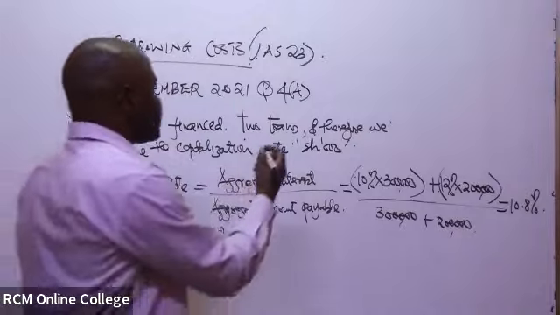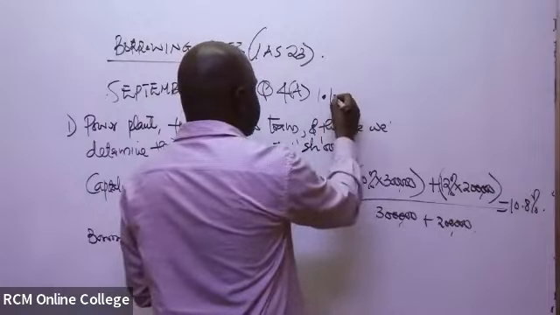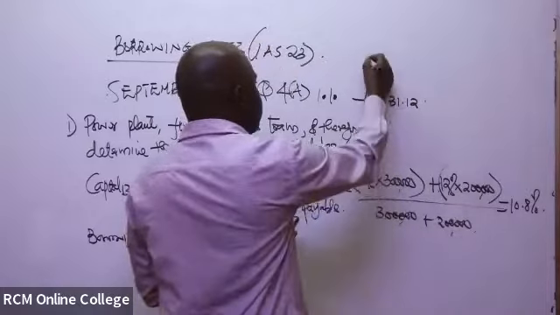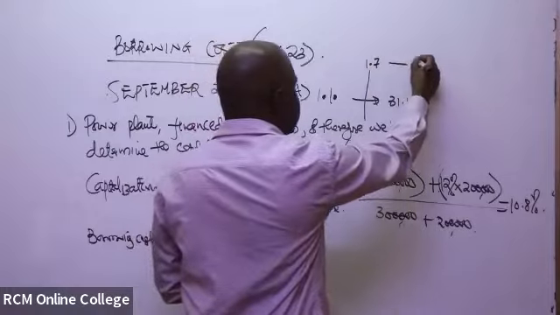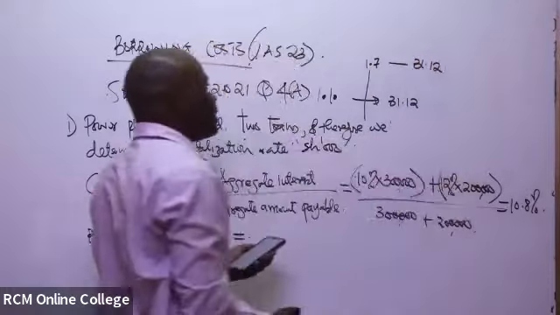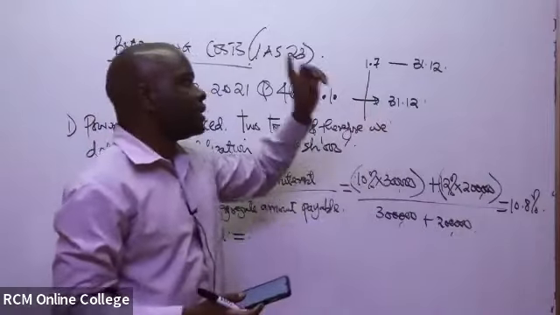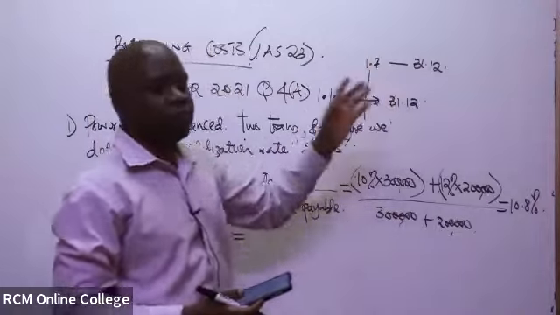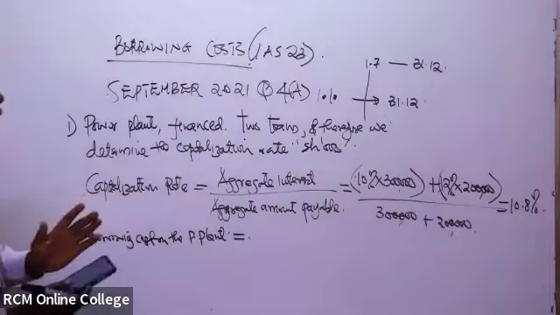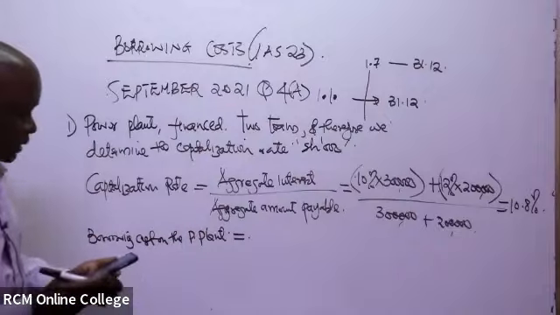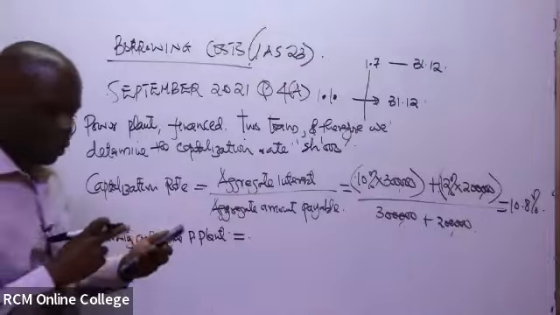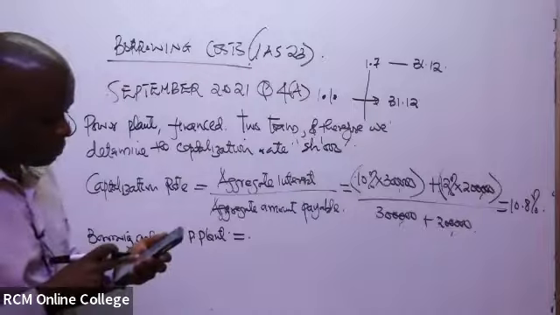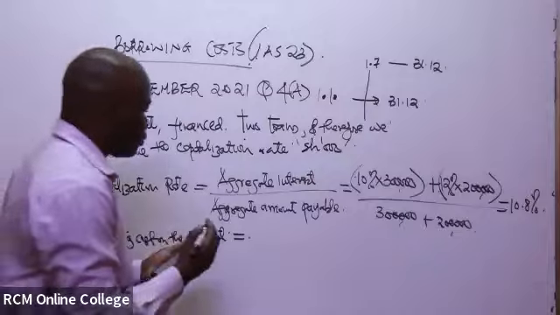So one of the amounts in this case was from the start of the year, up to the end of the year. But another one was from 1st of July up to the end of the year. So to determine the borrowing costs on the first one, it will be the whole year. But this one, it will likely be half year because they started utilizing the amount from the middle of the year. So therefore, to get the borrowing cost on the power plant, we'll take the first amount that was actually borrowed, that is 100 million from 1st of January. You'll take the 100 million,